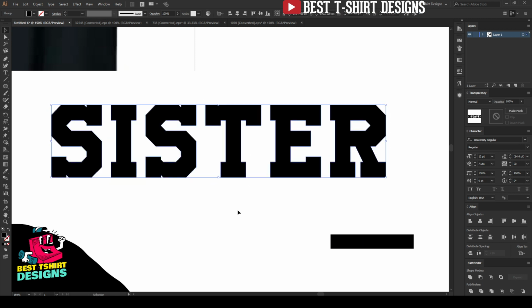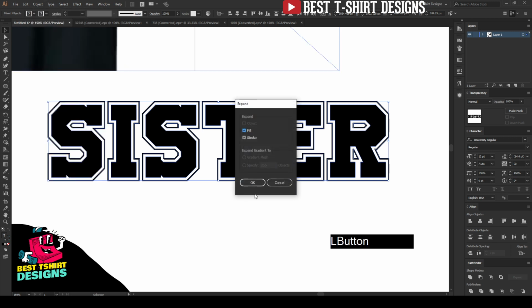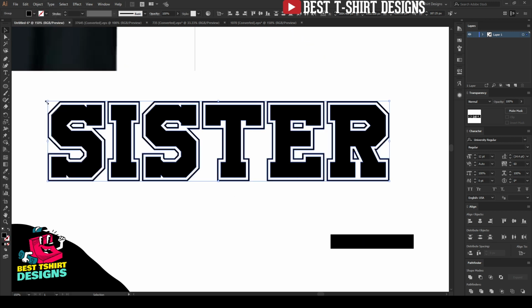Now this is a group. If I press Control B, it is going to paste in the back. So this is now two separate groups, but they are in fill and stroke mode. If I select this one, this is fill. If I select this one, this is a stroke. So I need to fix that, and for that I am going to select it all. Then I go to Object and Expand. Expanding it will make it all a fill color, just like you can see here.